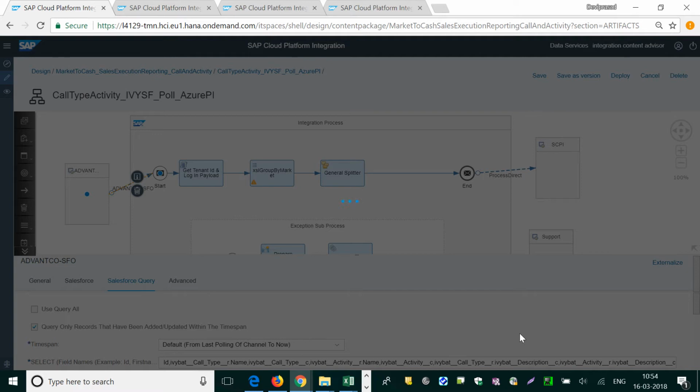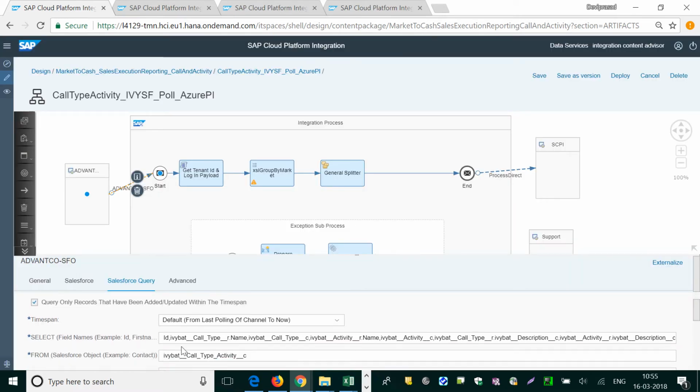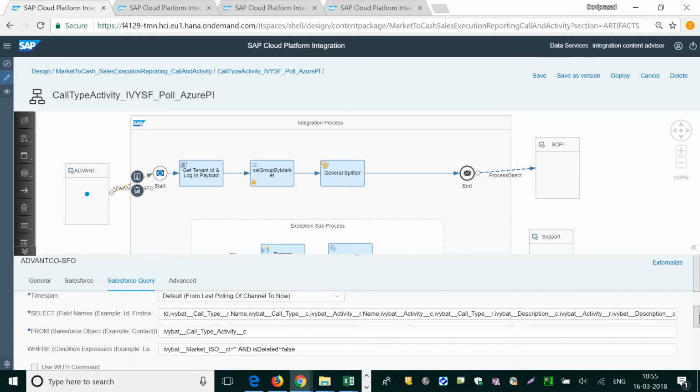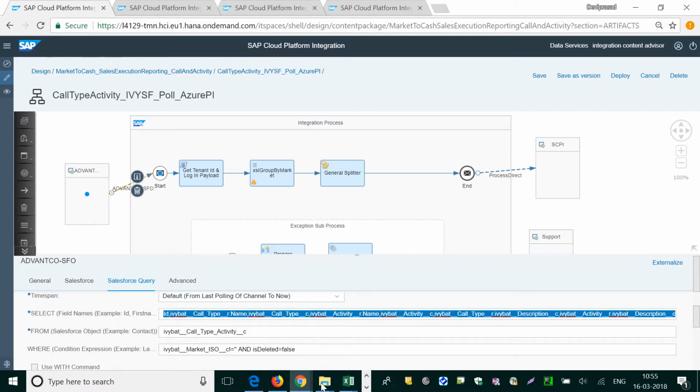So I specified my, because as per, if you specify this is Salesforce, right? According to the central system, it will pop up the required mandatory fields to you. You need to enter them here. So my object name is this one, and before putting all this information, you can also